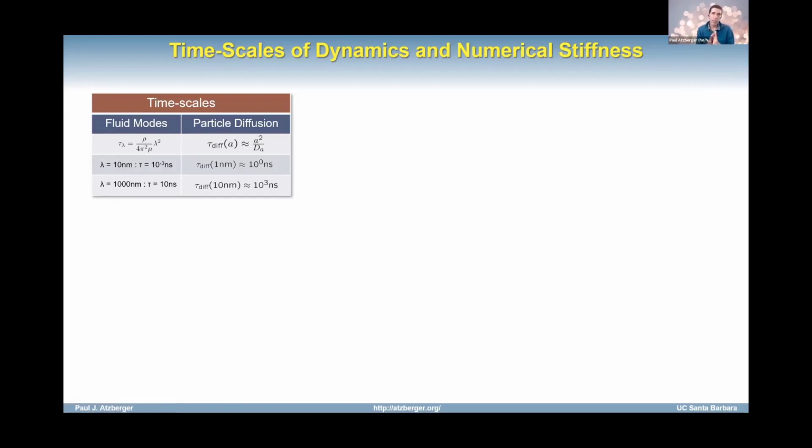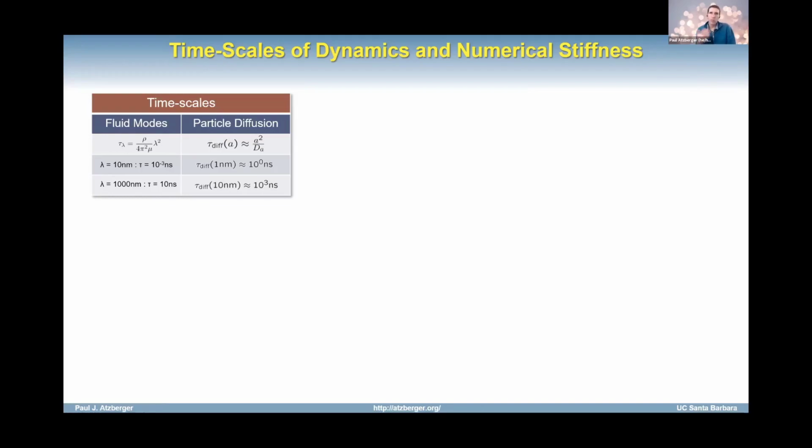Now, if I scale up to the size of, let's say, a micron, the target size of my simulation domain, you can see that the time scale for relaxation is on the order of 10 nanoseconds. That should immediately be a little bit of a caution, because, if I'm doing the calculation correctly, I have 10 to the 5 between my fastest time scale and my slowest time scale. So that's looking not so great on some level, but I'm going to show you some ways that we can deal with that in a little bit.